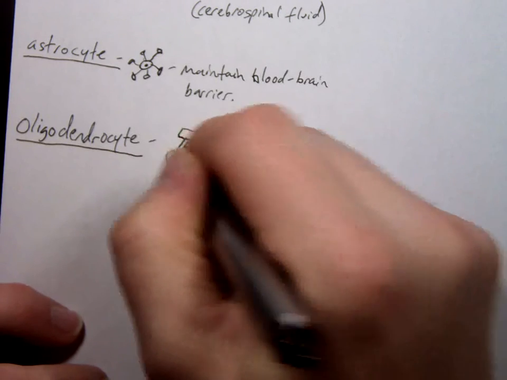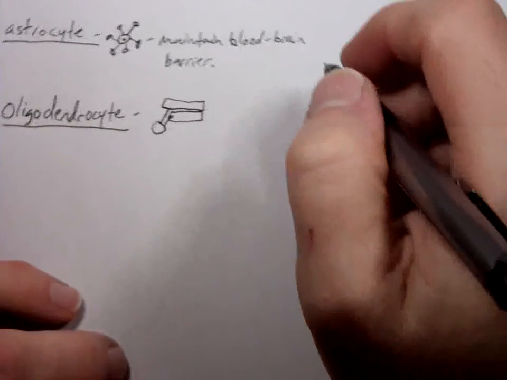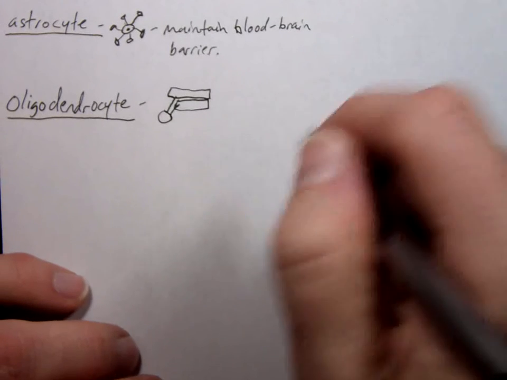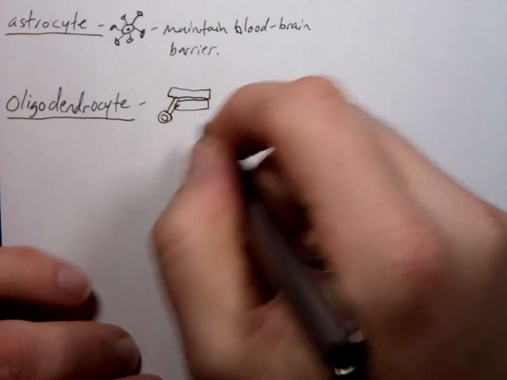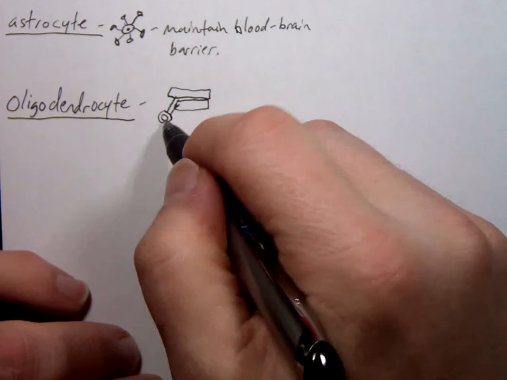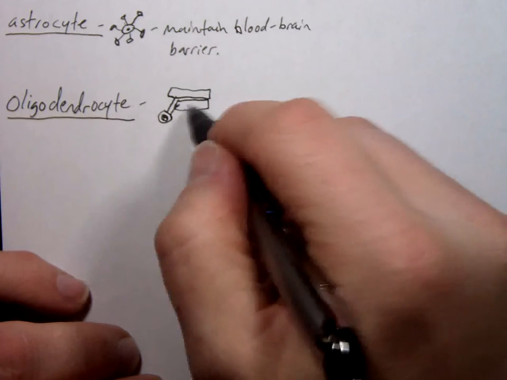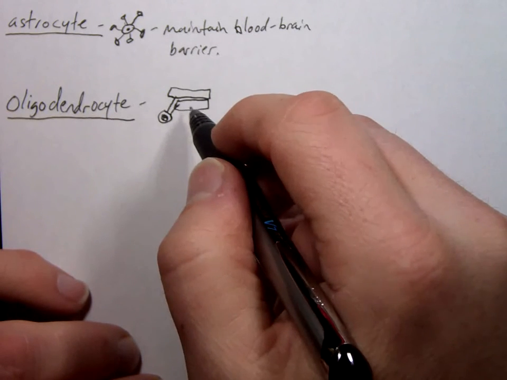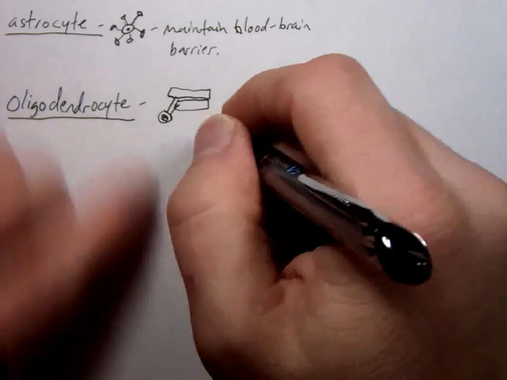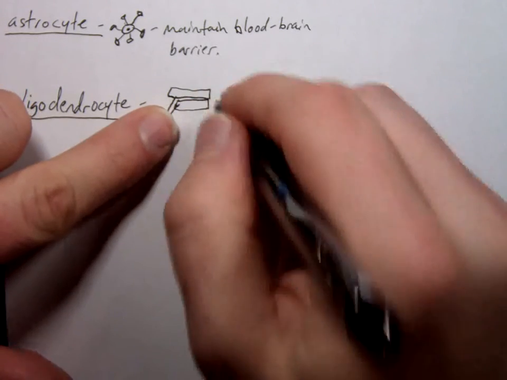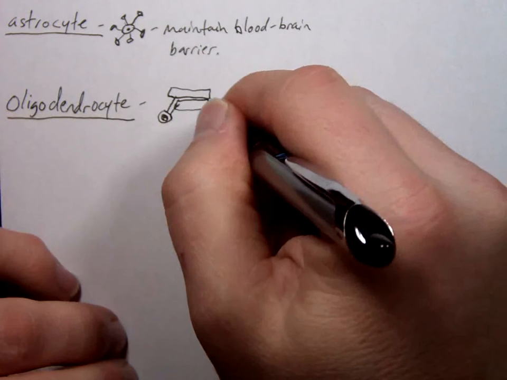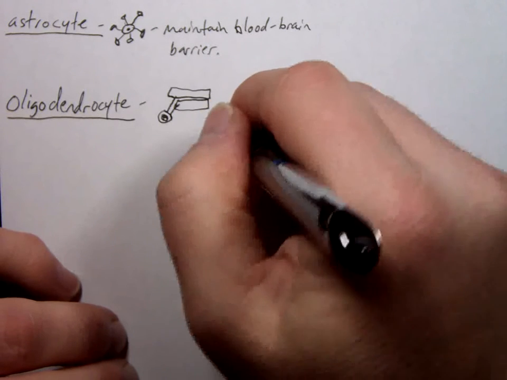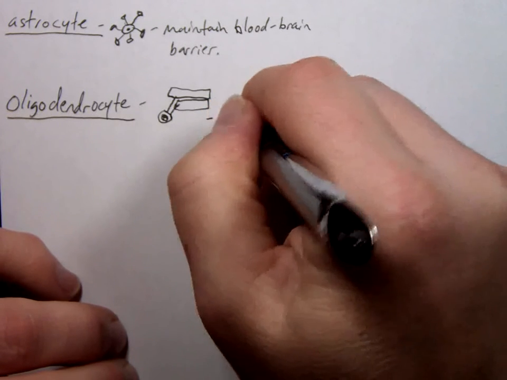Oligodendrocyte. And to me, the oligodendrocyte looks a little bit like the Star Trek ship. It won't always look exactly like that. Here's the nucleus of the cell. Here it is extending to do this. And if you look at one of those individually, they sort of look like a Schwann cell because they have the same job. These guys, their job is to myelinate